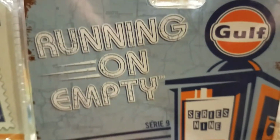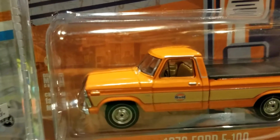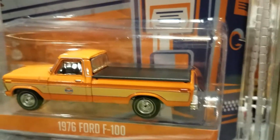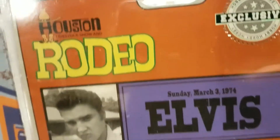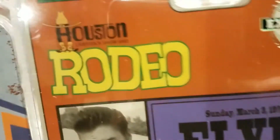Another series is Running on Empty. This is series number 9. If you're just now starting a hobby, it would be kind of hard to go back and collect all the previous series, but you might get lucky, and if that's your goal, it could happen. This one here is a series of, this one's just